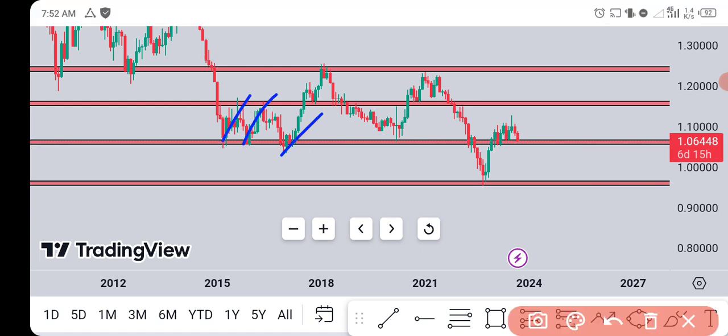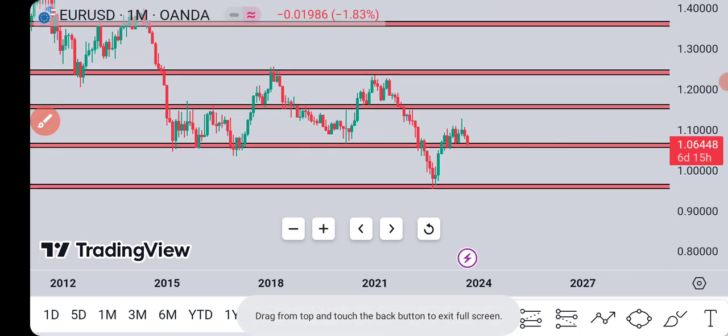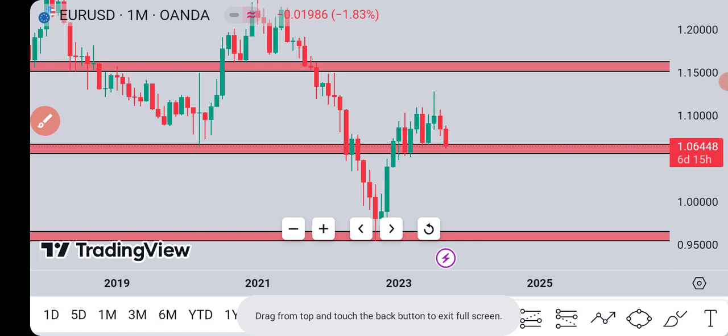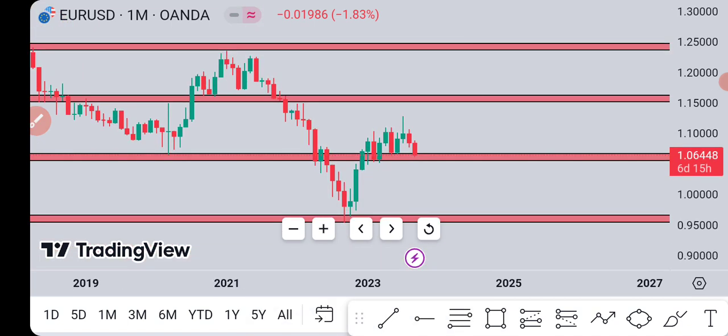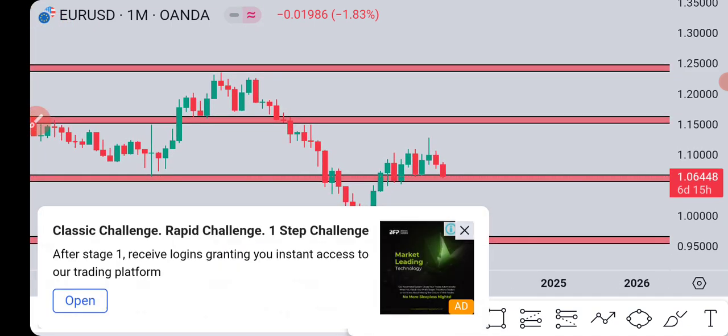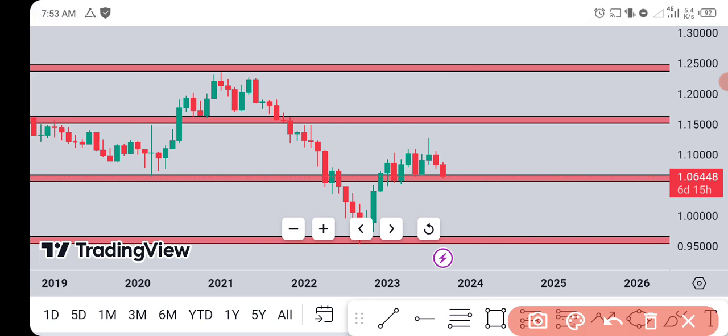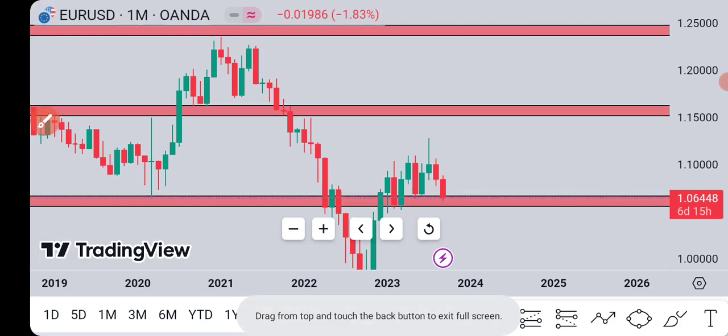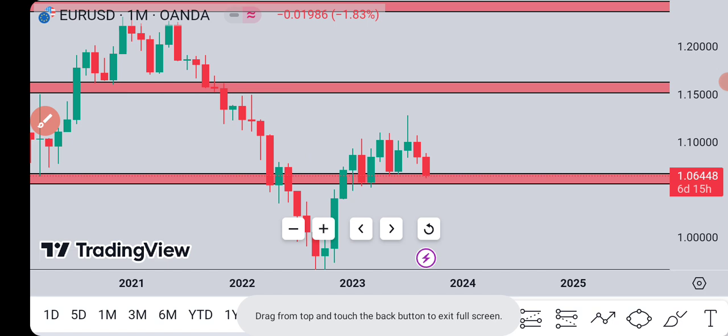Reacted here, breakout again, retest. So currently we are at support level, and once you're testing support level, we need to see bearish moves, the bullish move on it from a support level. But something happened on the monthly, because I was expecting this market to come from here. Like, I bought this market somewhere here and targeted this upside, but this monthly candle here, like this rejection, is a reversal candle,